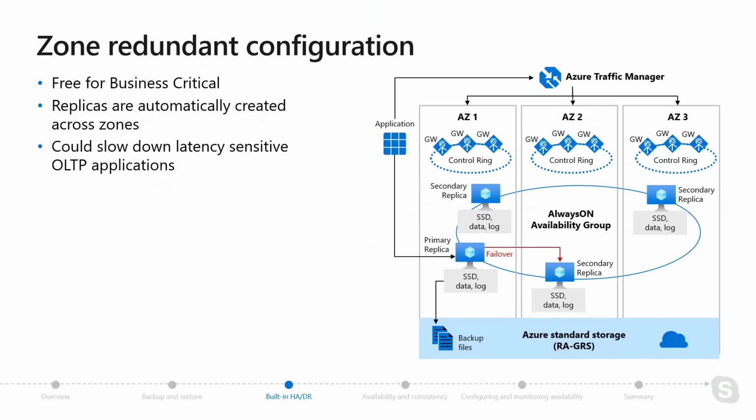Now let's talk about a few of the other things that you see. One thing that you see is now we have 3 control rings with gateways as opposed to just one. So how does this work? Are you going to have to set up Azure Traffic Manager? No. So what happens is we actually do all this work for you. So you just point your application to your database. We're going to go to Traffic Manager to figure out which availability zone to send you to, give you back the database that you need connection, so you can connect directly to the database depending on which method of connectivity